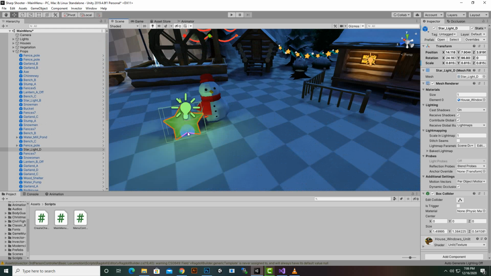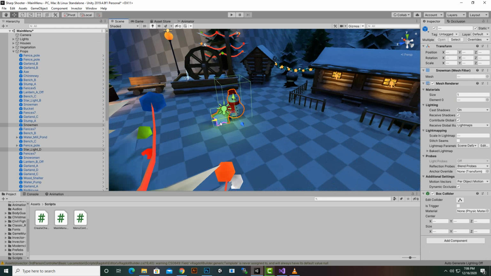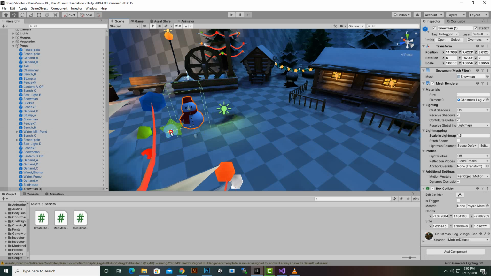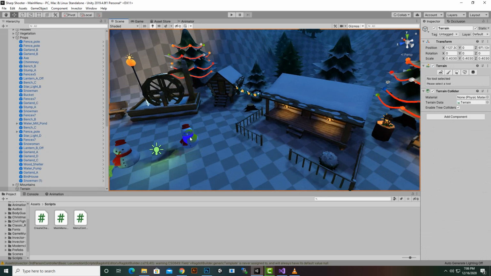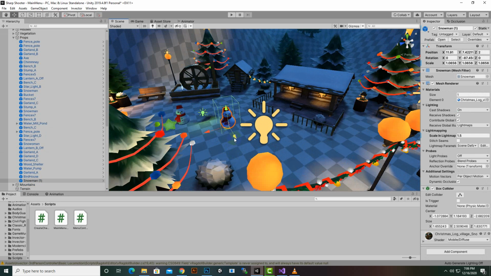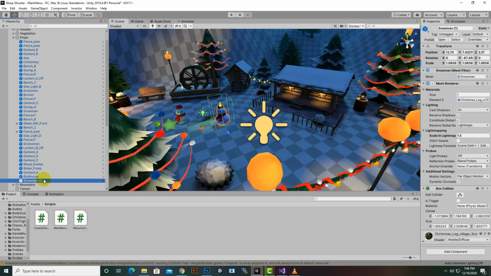So I'll delete this star, and I will duplicate this. We can actually place the star here. Yeah, that's good. So we will move this star over here, like this, and I will select this object and press Ctrl D to duplicate, and we will place it here just for reference purposes. I will bring it here, and this will be our place for character spawning. So I will copy this transform position, copy component, and now we can delete this snowman, and we